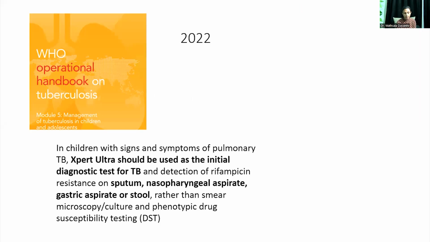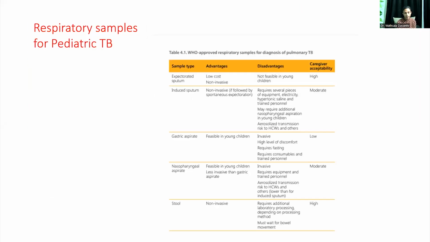So therefore, they recommend Xpert Ultra should be used as the initial diagnostic test for TB in children. These are the respiratory samples to detect pulmonary TB in children: induced sputum, gastric aspirate, nasopharyngeal aspirate, and stool is also a recommended method by WHO, but